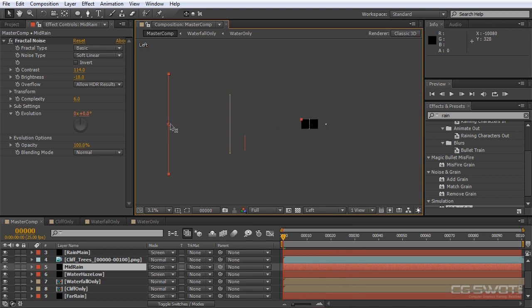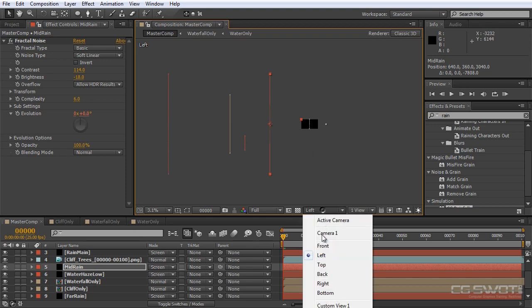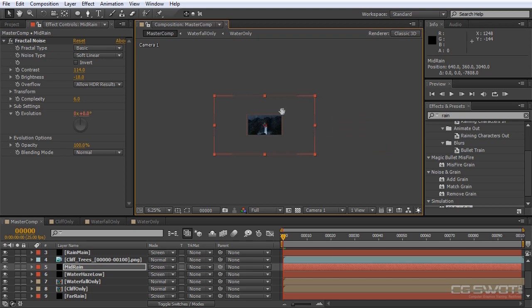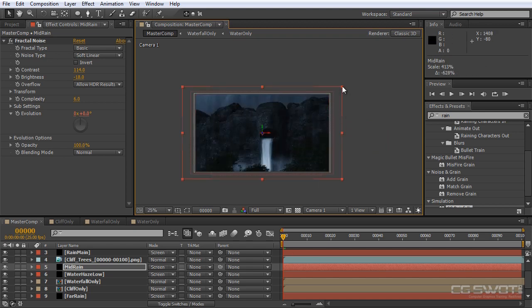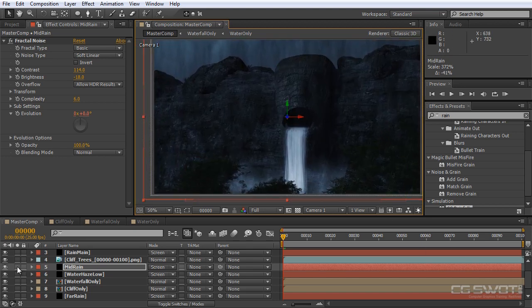So it needs to come back here. Somewhere about, I'd say about there should be fine. This is the waterfall haze down the bottom. So let's go back to our camera view and scale that back in. And that's working okay. So if we just isolate that for a sec,